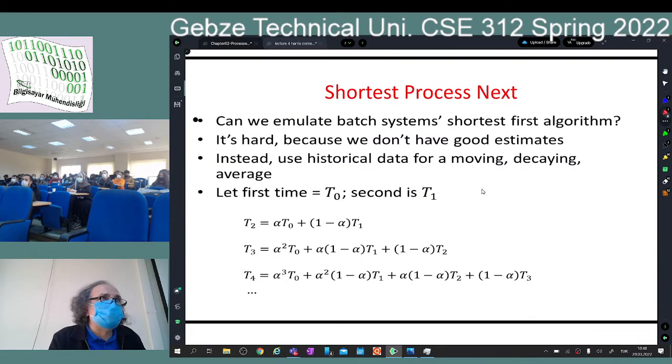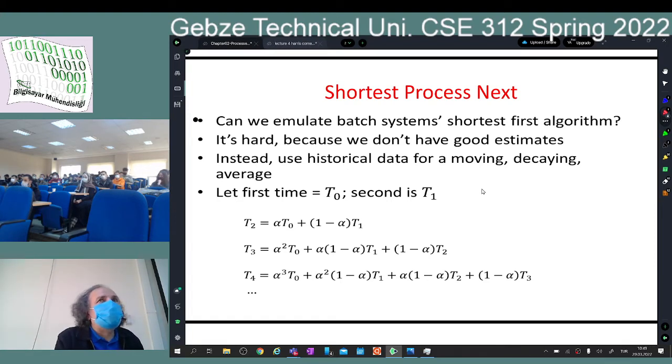Okay, so let's remember our batch scheduling algorithm, shortest remaining time first. Remember the first come first served approach? We said that in the batch systems, first come first served kind of works, but if I know their running times, maybe I should run the shortest job first so that my throughput will be optimal. Why don't we use the same idea for the interactive processes? Can't we do that? The answer is, well, it is not that easy, because for the interactive processes, I really don't know how long they are going to take.